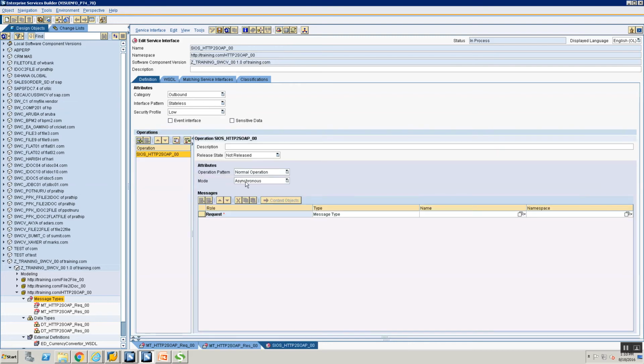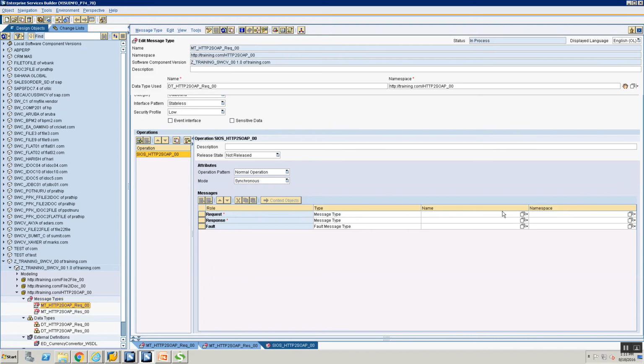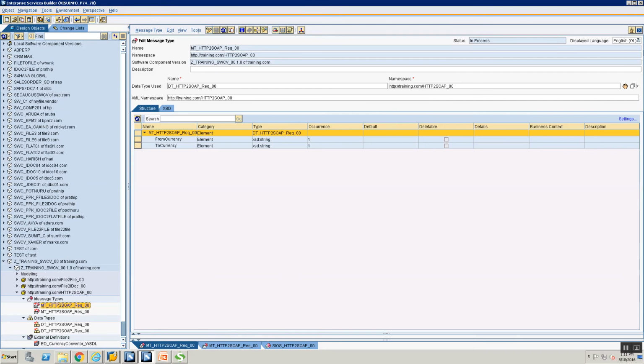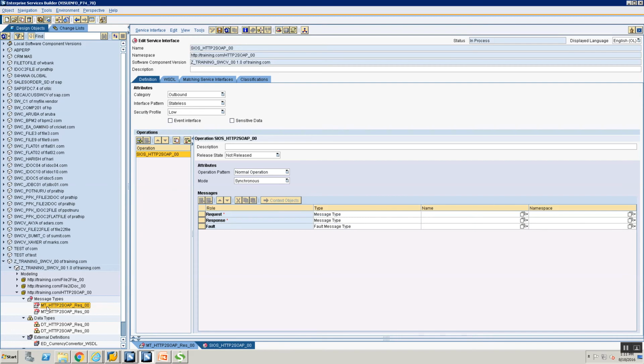The category is outbound. The mode has to be changed from asynchronous to synchronous. And why is it synchronous? Because it is a request response scenario where you're going to send in a request and you're going to get a response back. So now that you have your service interface created, select your source message type, and drag it and drop it into your request structure.